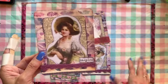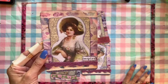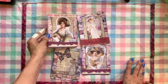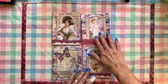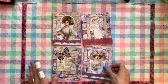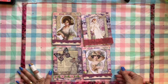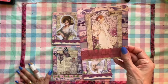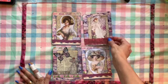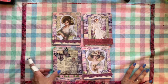So as I say, don't let this overwhelm you if it seems like there's a lot of elements involved, because you really don't have to do all of this, but you can if you want to, and you can use any images. You don't have to use ladies. I just happen to have a lot of stickers of ladies and printable pictures of ladies, and so I used those. And so that's what I'm going to do today, is show you exactly what I did, and I'm going to